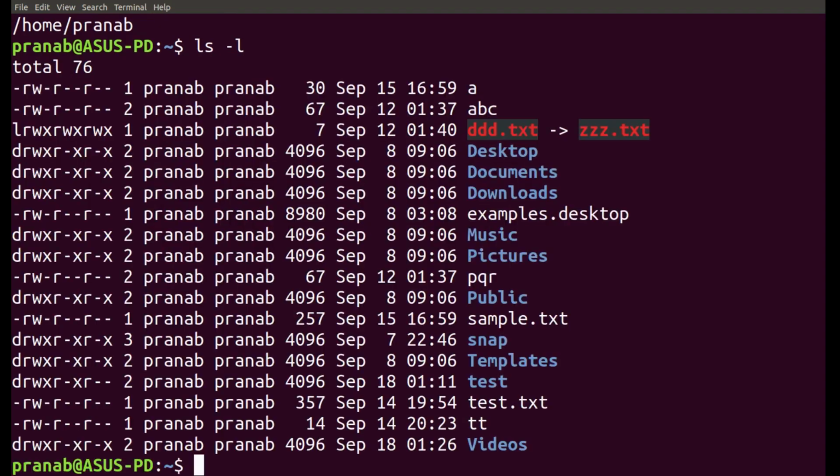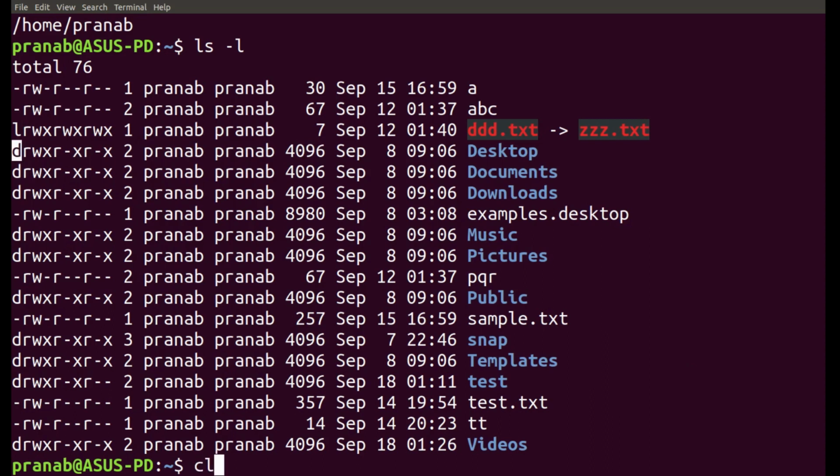So ls -l, and you see that the first part is showing the file permission. Hyphen in this case means it is a file, l means it is a link, and d means it is a directory. Now let us change the file permission.